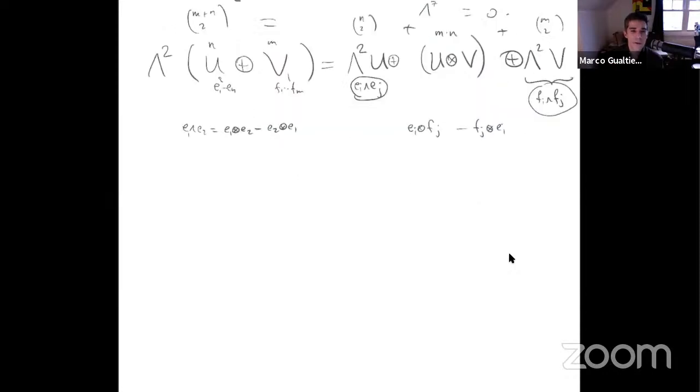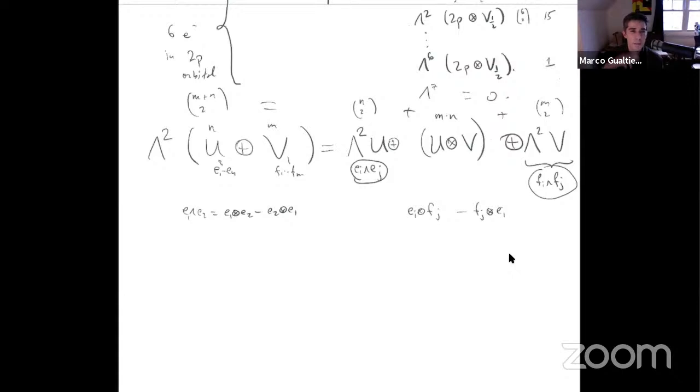So in general, the formula for computing an exterior power like wedge 3 of a sum W is kind of complicated, so I don't want to go into that. But at least in this case, for two particles, it's really simple like this. Okay.